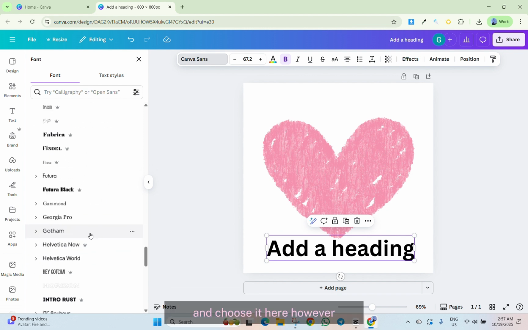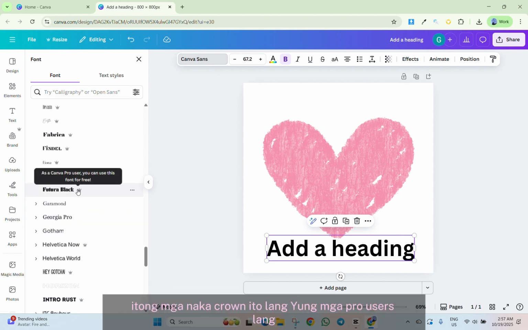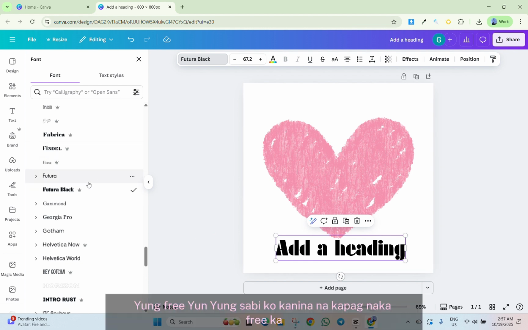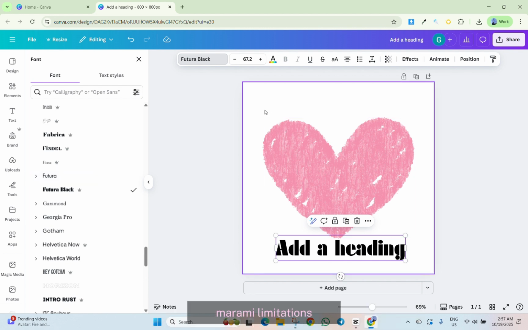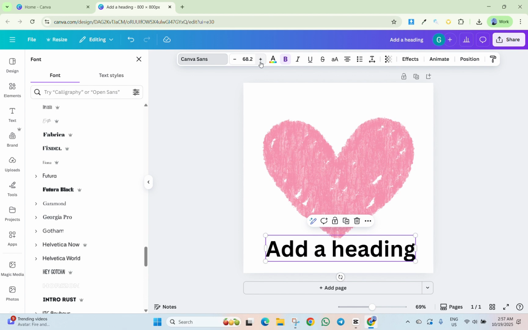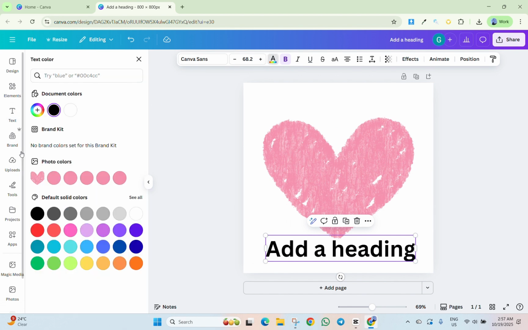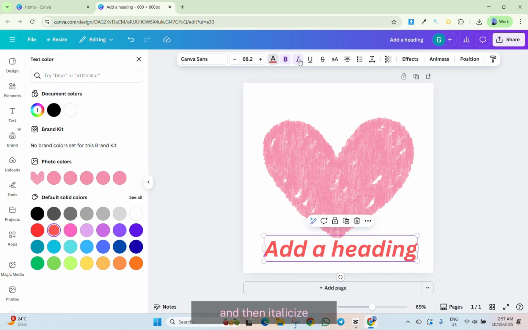And choose it here. However, itong mga naka-king, ito lang yung mga pro users lang yung pwedeng gumamit yan. Yung free, yun yung sabi ko kanina na kapag naka-king ka, maraming limitations. And then, with the font color, custom change yung color, red. And then italicize, underline, saka meron pa yung mga effects,